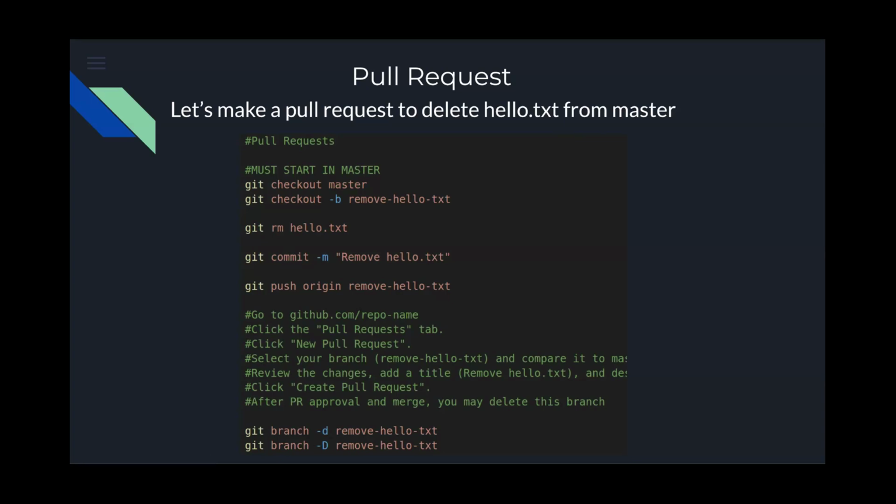But by removing it from Git, it will remove it from your local repository. You then commit and push origin to this branch called removed hello text. And after you do that, the steps that I will look are on GitHub here. We're just going to go look where pull requests are quick.